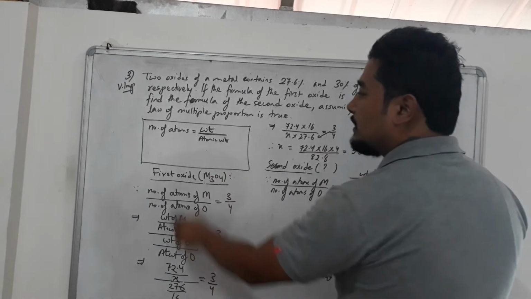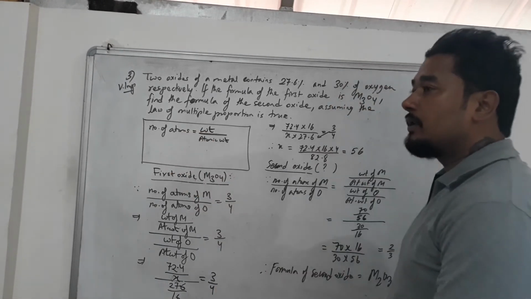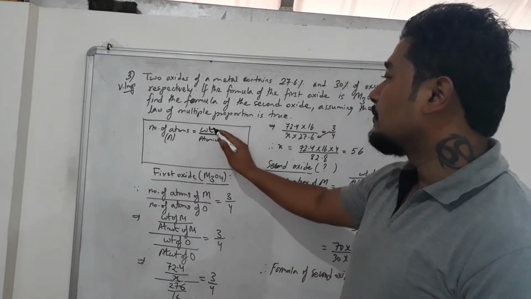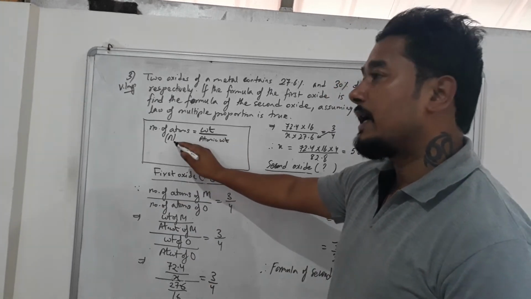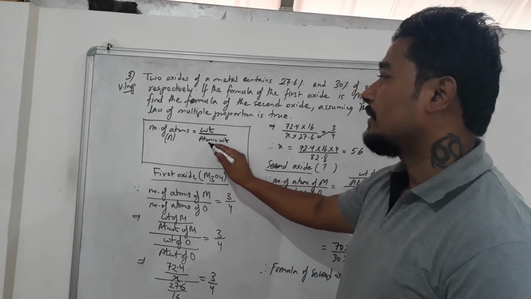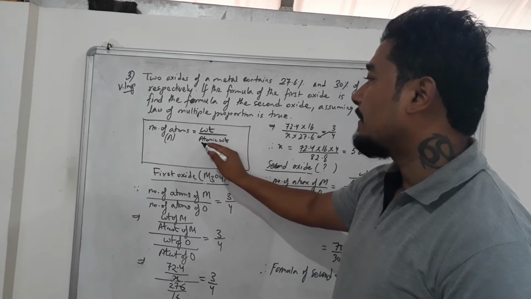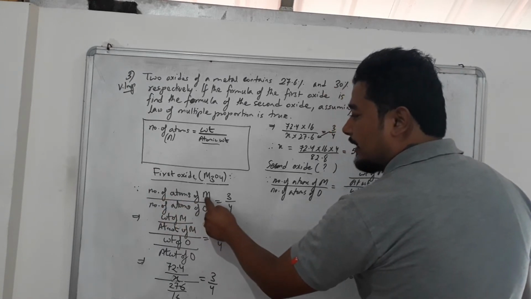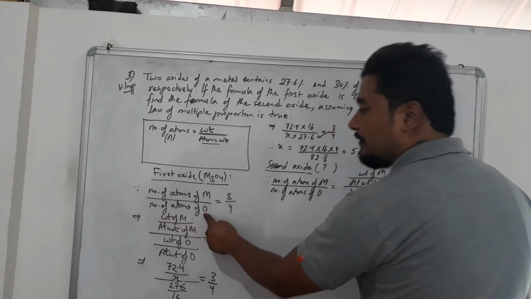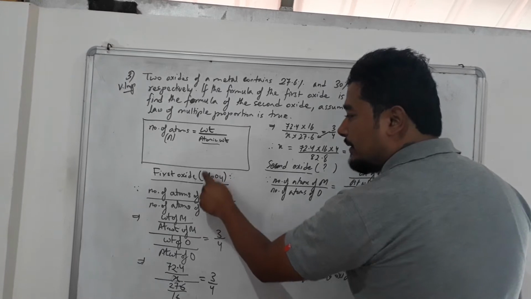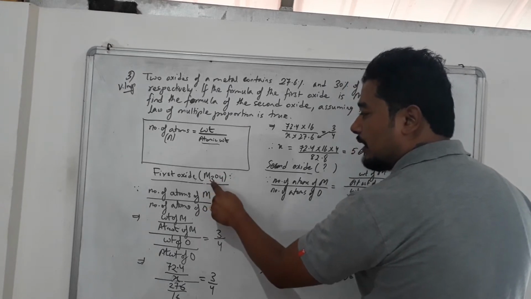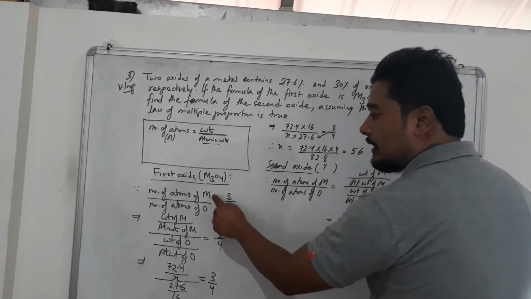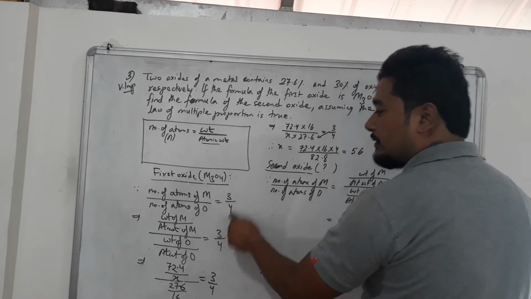But before you proceed, this important note you need to remember, students. Always remember, number of atoms, written as small n, means weight divided by atomic weight for an element. Now you can see the number of atoms of M by the number of atoms of oxygen. How many atoms of M can you see in the formula? 3. And how many atoms of oxygen? 4. So the atoms of M are 3 and of O are 4.